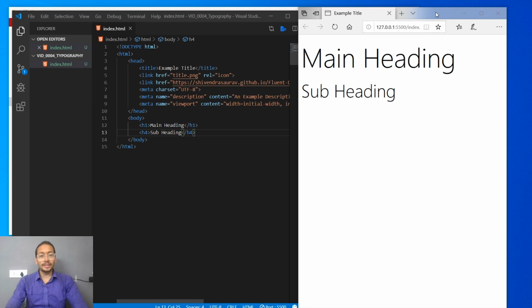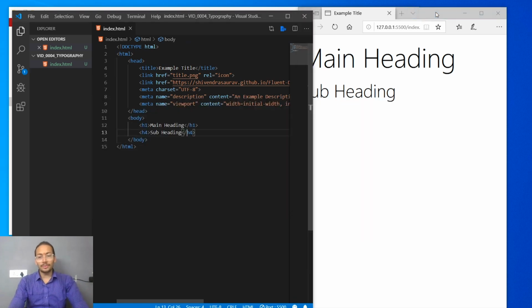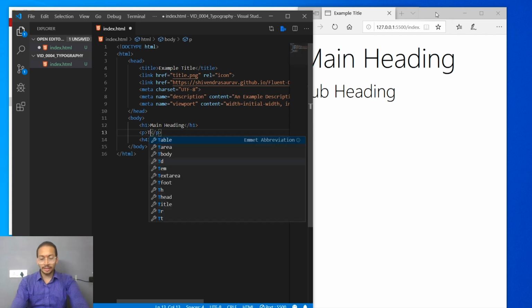Now the second thing we want to discuss is the paragraphs. Paragraphs are basically the content which you want to write inside of your heading. So if heading is the title of the web page, then the paragraph contains the article you want to include. So let's add a p tag, it defines the paragraph, and let's say this is a paragraph